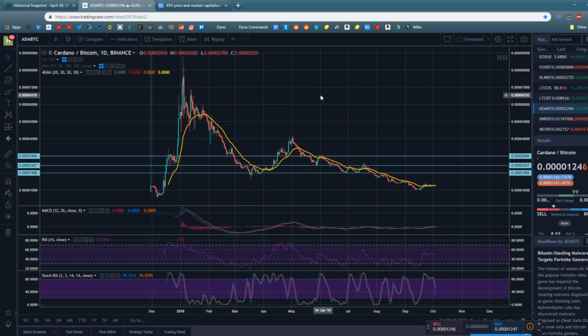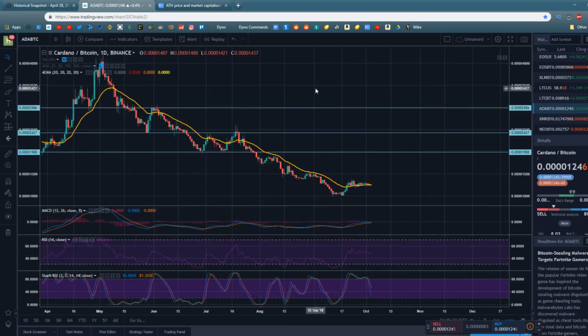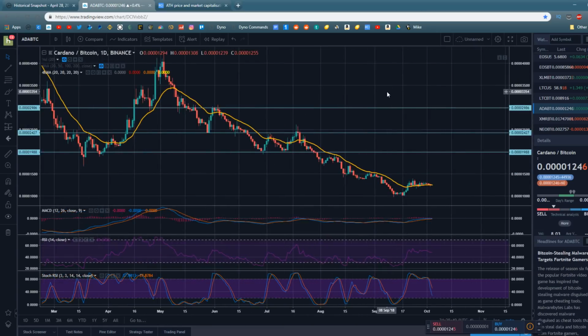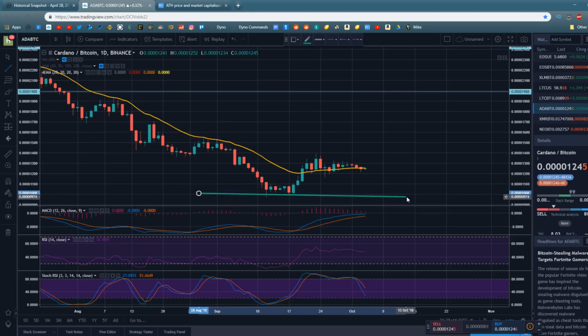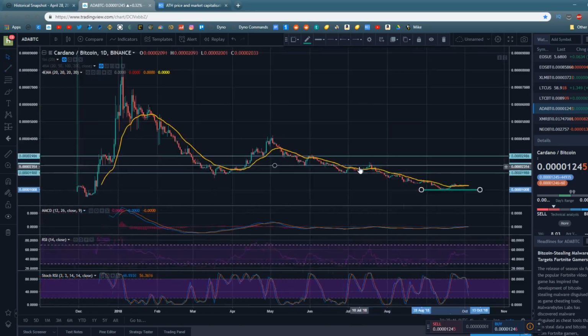$10,000, $1,000, $100,000, 1,000 Satoshis, 10,000 Satoshis. These are all very major big evens, and we saw ADA come down here and get support at a big even of 1,000 Satoshis. I'm very happy about that because what I've been hoping for ADA to do for most of the year was